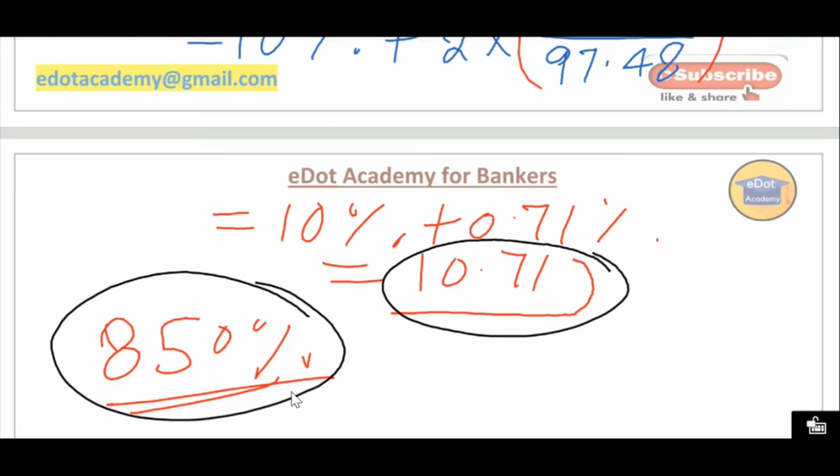Understood? Now I am going to show you one second method also, which we follow. Nothing is given. If PVIFA and PVIF is not given, then how to calculate this? For that purpose we have to use present value of ordinary annuity. The value is same. When we calculate, we'll arrive at the same value here. So here I'm going to say how to calculate.